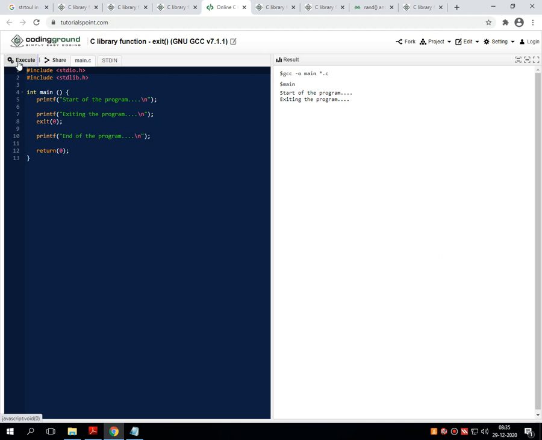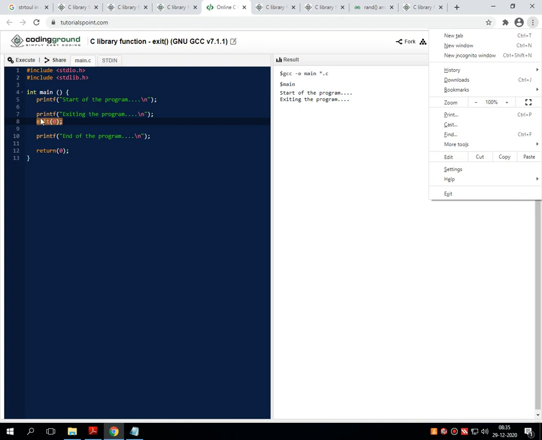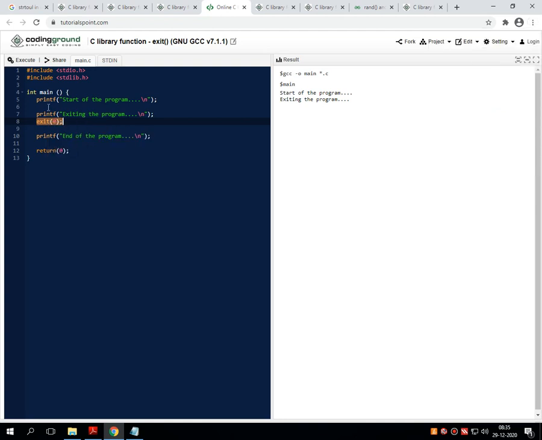Clear? If I put this exit instead of line number 8, let me copy this exit and let me put it onto line number 6. Let's remove this line from the entire code and let's re-execute the code. There is only the single line onto the screen, that is starting of the program, even though line number 7 and 8 are there. So this is the functionality of exit.